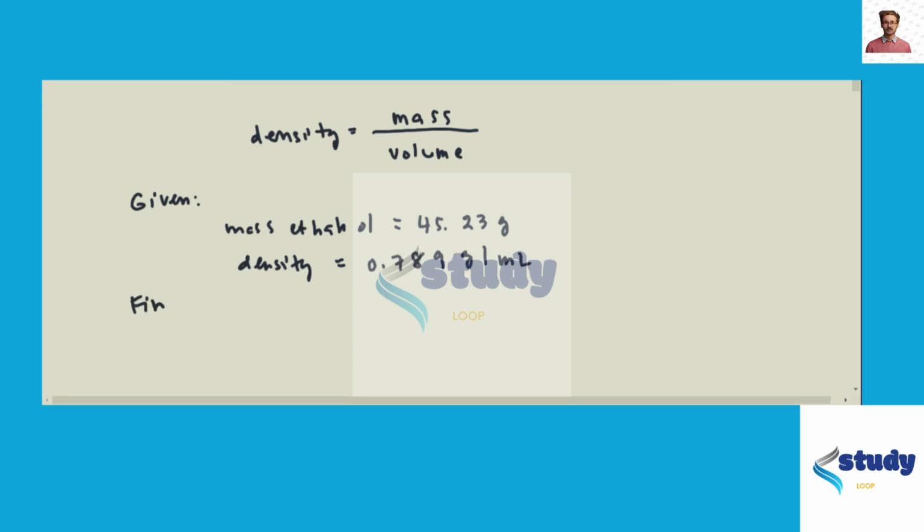We wish to find the diameter of the tube. So you can imagine this certain amount or sample of ethanol is placed in a cylindrical tube, and we wish to find in this case the diameter of that tube that contains the said amount of ethanol sample. The said mass or amount.